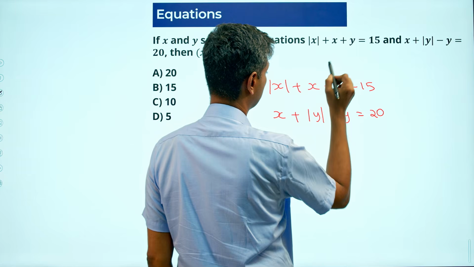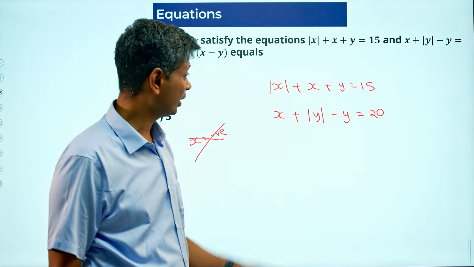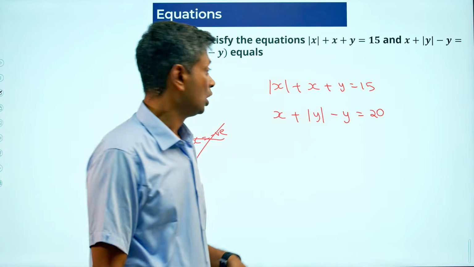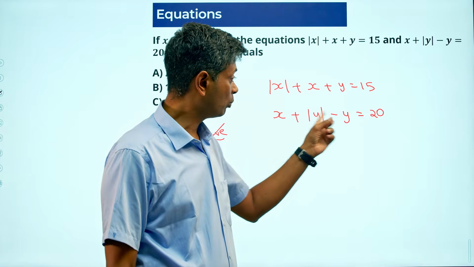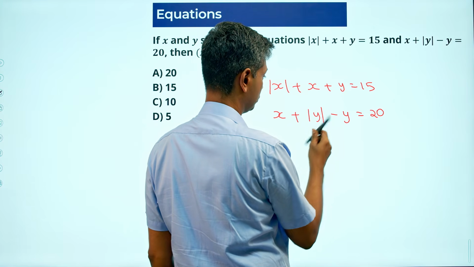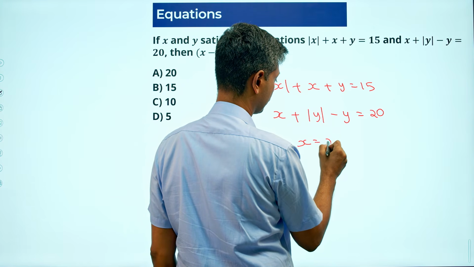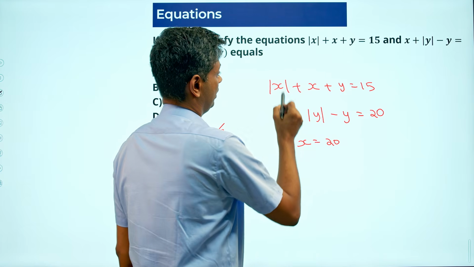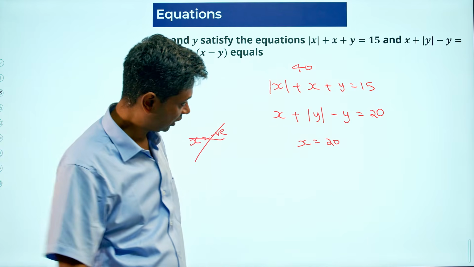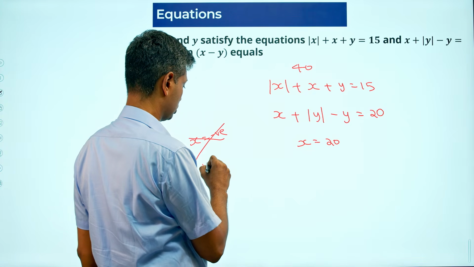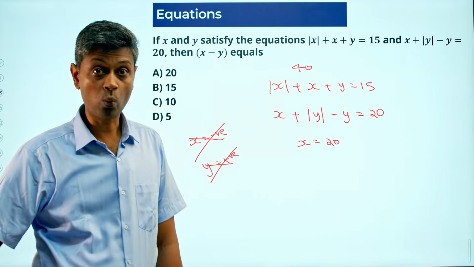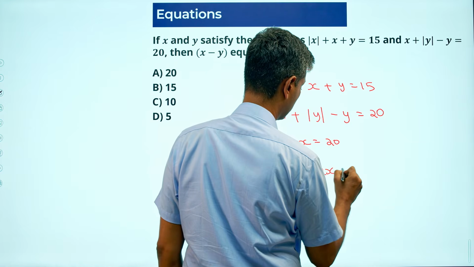So this becomes 2x + y, and then x + |y| - y. What are we going to do here? Let's put y is positive. Then |y| - y goes to 0, so x is 20. If x is 20, |x| + x is 40, and 40 + y is 15, so y has to be -25. That doesn't work. So x negative doesn't work, and y positive doesn't work. So we know x is positive and y is negative, which is nice because then we can say